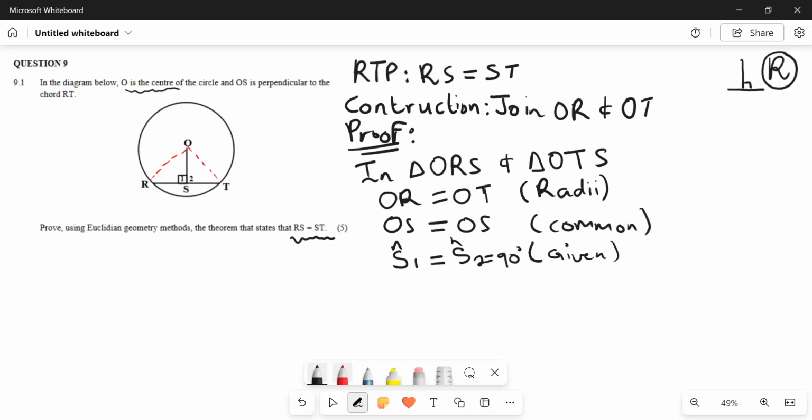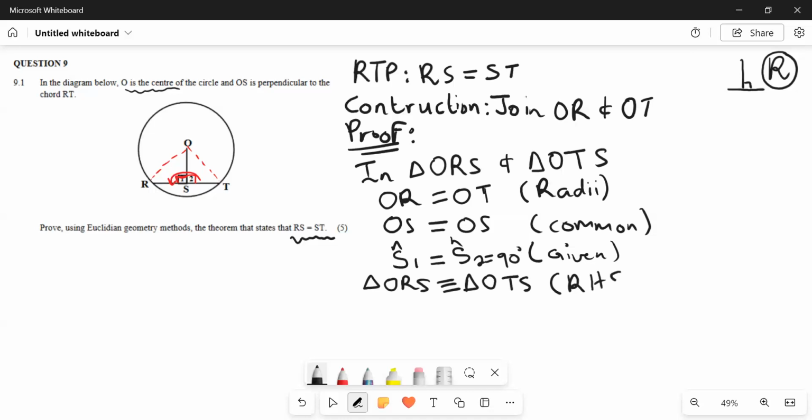Because of that sign there, here's the sign, right? So if S1 is equals to 90, we can conclude and say S2 is also 90 because angles on a straight line, they add up to 180, they are supplementary, right? And then from there now, we can conclude and say triangle ORS is congruent to triangle OTS, right? And then the reason